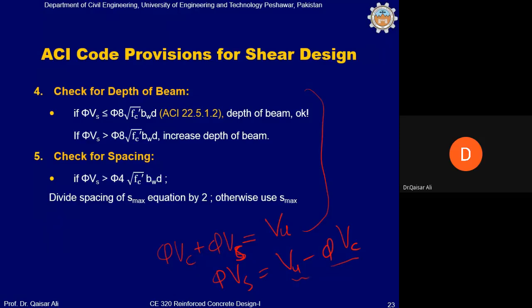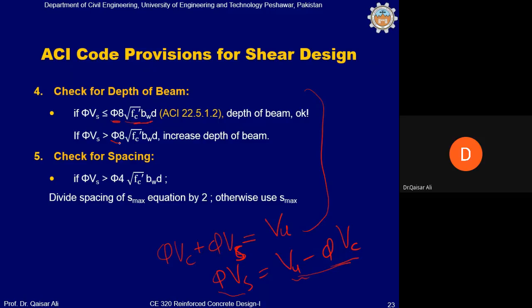यानी आपको बहुत ज्यादा स्टेप्स डालने पड़ेंगे और बहुत क्लोजली प्लेस करने पड़ेंगे। 5ES की वैल्यू अगर इस वैल्यू से बढ़ जाए, 5.8 FC प्राइम BWD, जो कि शेयर कैपेसिटी के 4 गुना है, क्योंकि शेयर कैपेसिटी 5 2 FC प्राइम BWD है 5EC। तो अगर VU और शेयर डिमांड बहुत ज्यादा है और 5EC बहुत कम है, तो इस केस में 5ES बहुत ज्यादा हो जाएगा।